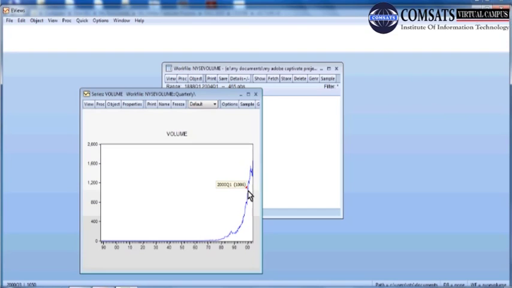Number one, what is the observation, and number two, for which period is this observation. Here you can see the observation value and the year. So the value and the year, the two things pop up when you bring your cursor on the line.